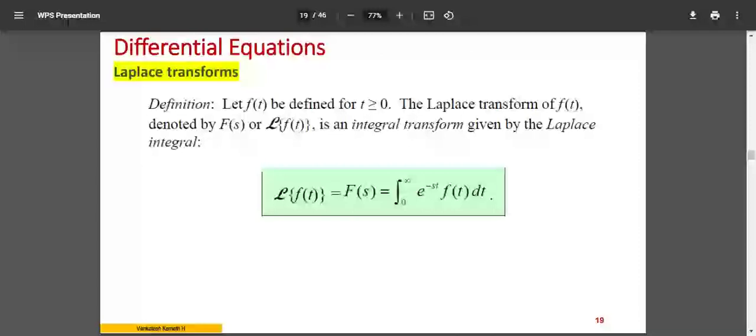The limit for the Fourier transform is minus infinity to plus infinity, so the whole range is used. Whereas for the Laplace transform, it is only 0 to plus infinity, and usually it is for a time domain. You can see t there. t stands for time, not for the x-axis or y-axis. It is for the time domain.